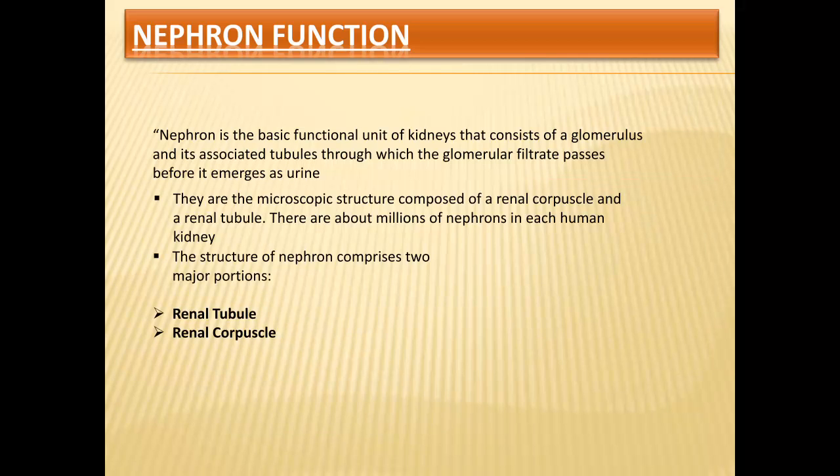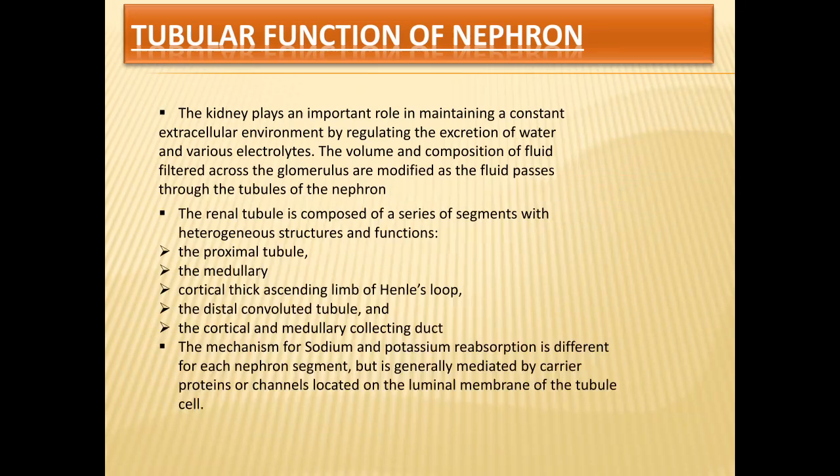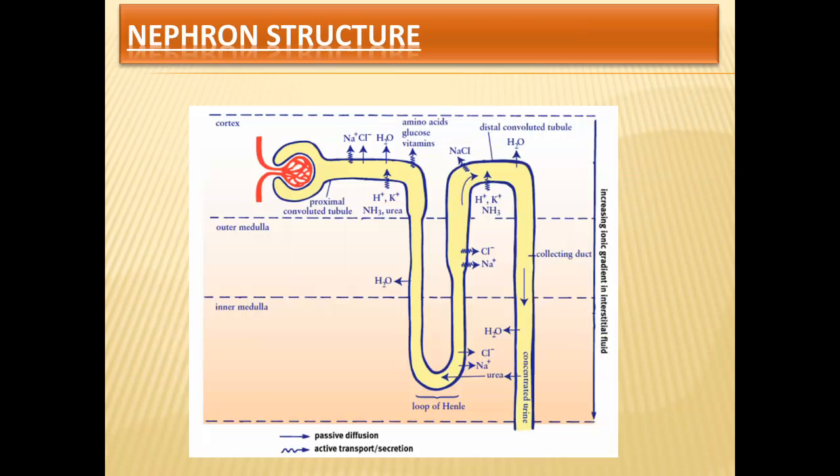Each kidney contains approximately 1 million nephrons, which perform several important functions of our body, including waste excretion, maintaining the body's pH and regulation of blood pressure, and several other functions. So let's go through the structure and function of nephron and learn more in detail about the different parts of nephron and the role of the renal tubule in urine formation and excretion process. I am going to discuss the tubular function of nephron through the nephron structure.